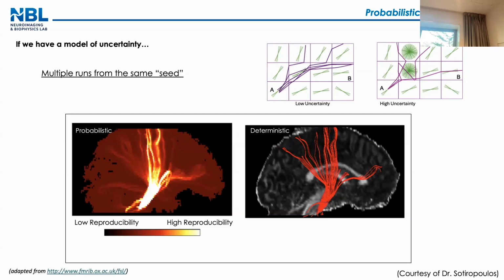This is an important point, sometimes people get a little bit confused. The probabilistic map here is not the anatomical probability. It doesn't say high intensity means more true anatomically. Doesn't mean that. It just means it's highly reproducible. This trajectory with my data set, with my algorithm, for example, look at this trajectory here, it stops in the middle of the corona radiata. If you believe me, if I rotate to 3D, you will see